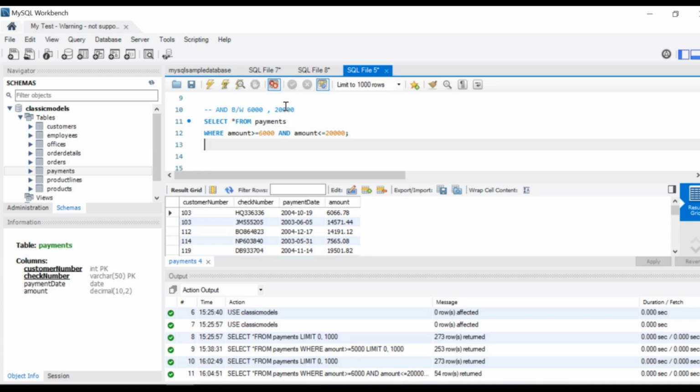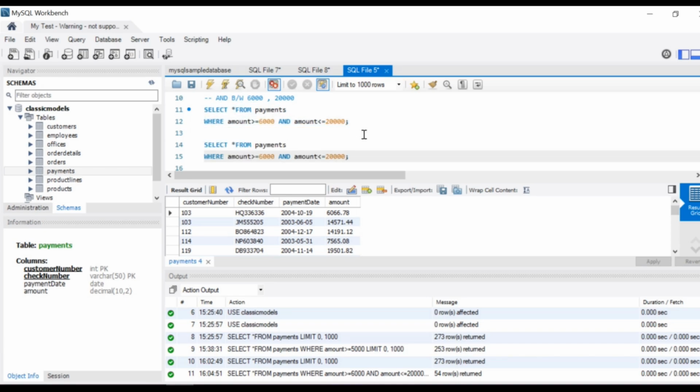Now we will go ahead and run one more. Let's think what another. Let's go with where the amount doesn't range between 6,000 and 20,000. So right now, early on we got the record of the data where it was between 6,000